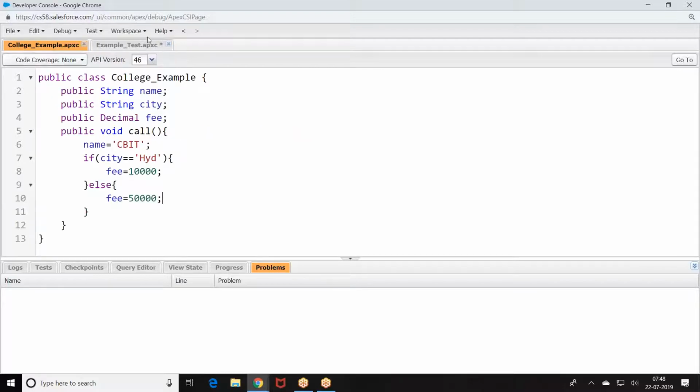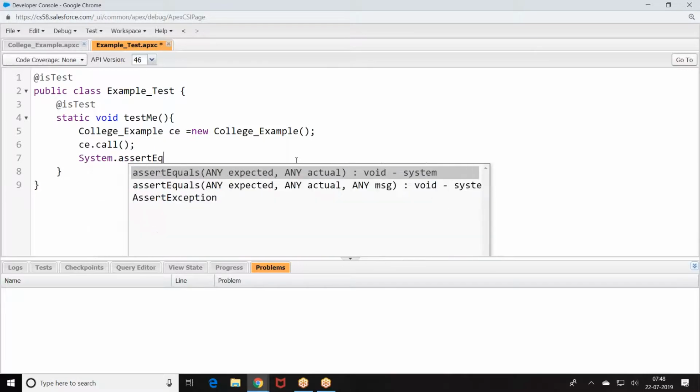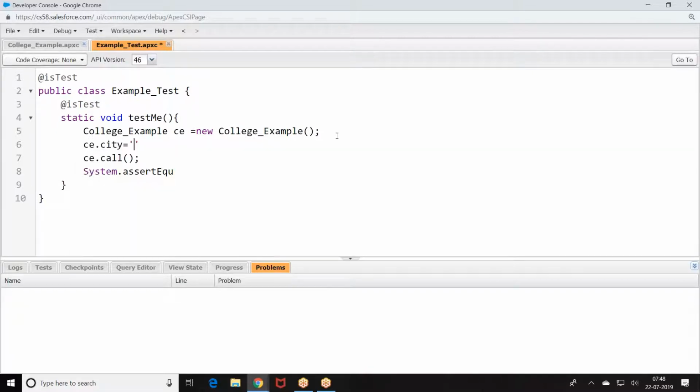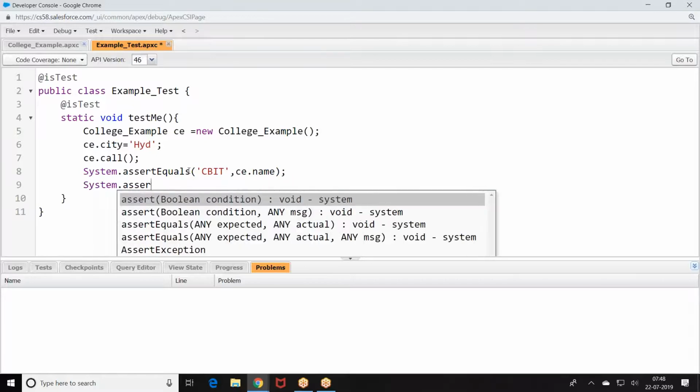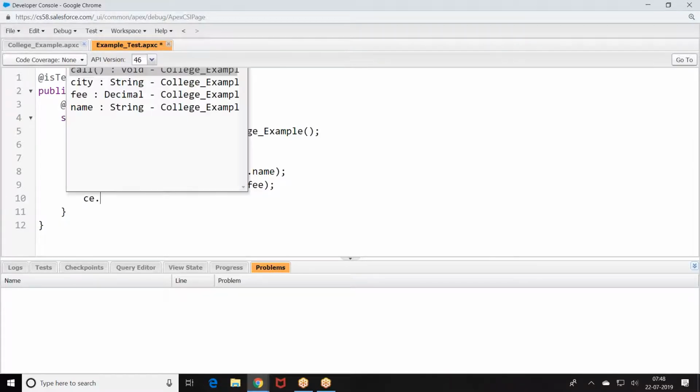When you call the method, C dot assert equals, what is the name? Name should be CBIT and fee should be 10,000, because the city is Hyderabad. What should the fee be? C dot assert.